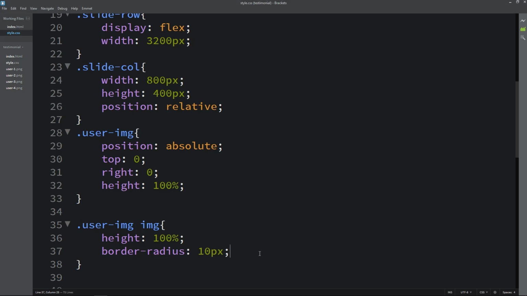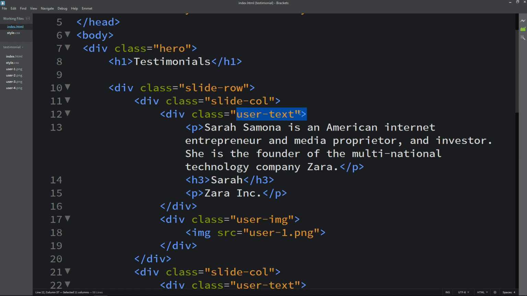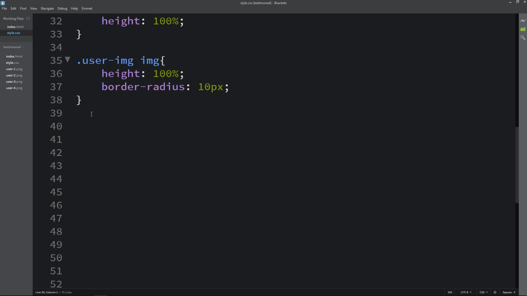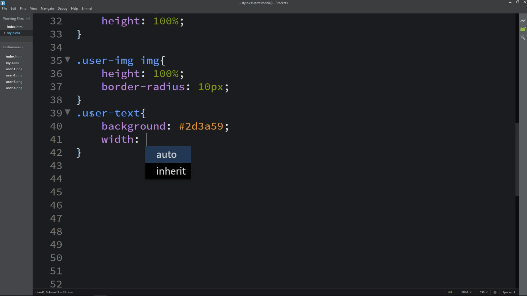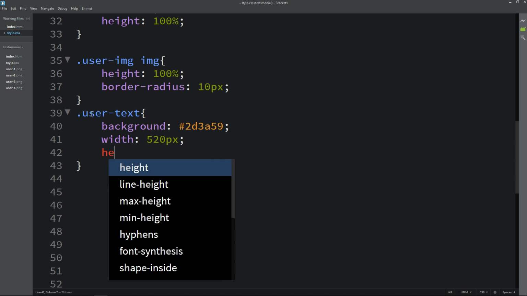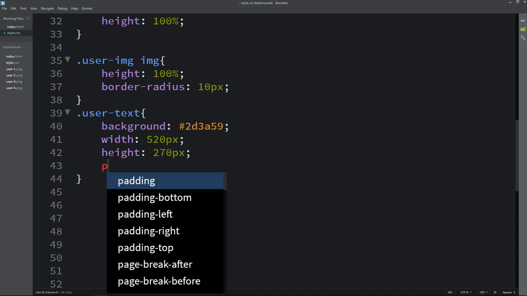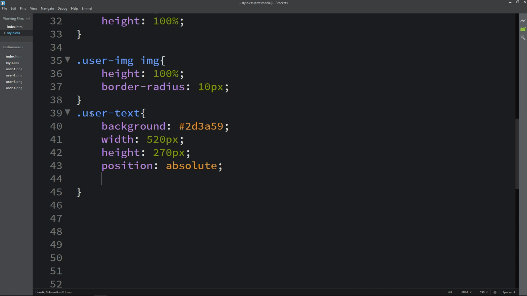Next we have to add the CSS for the text. So just copy the class name user text and add it here. Here we will set the background. After that we will add width and height. Then position. Left will be 0 and top 50%.